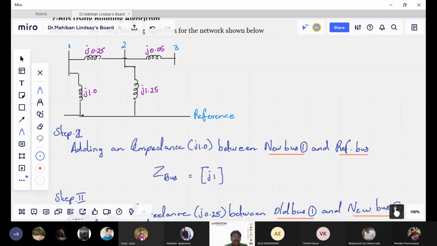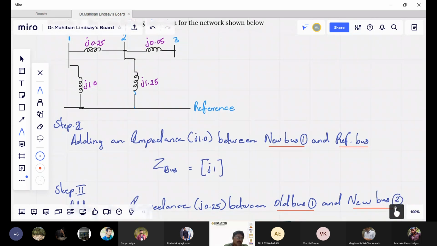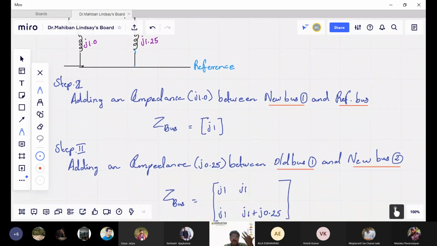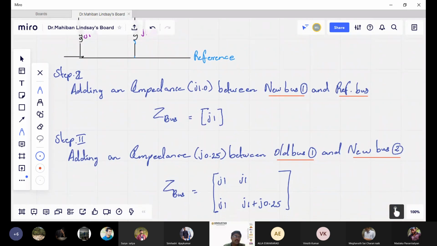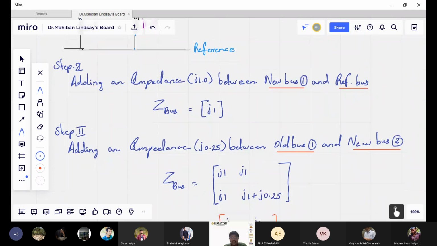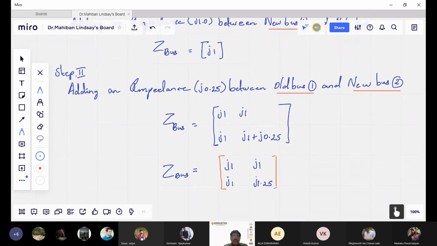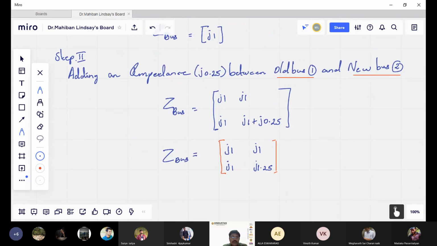Now what I am doing means, I am going to add the bus 2 and the reference. You can add in any manner, that is up to you. Alright, so I am adding from left to right, and if you want, you can add from right to left, no problem, but always keep in mind, first we add the reference bus, it will be good. It will be an easier thing, like what we did now. Alright, therefore step 3, what I am going to do means,